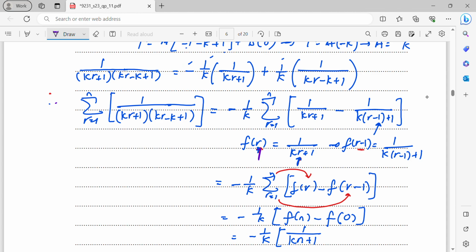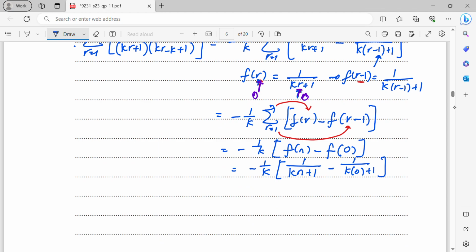Alright, based on here, this one changes to n, this one will change to n. Then minus f0. Now you let the r be 0. So here becomes minus 1 over k bracket 0 plus 1. Then you will get negative 1 over k, 1 over kn plus 1 minus k times 0 plus 1 is basically 1. So since there is a negative outside the bracket,